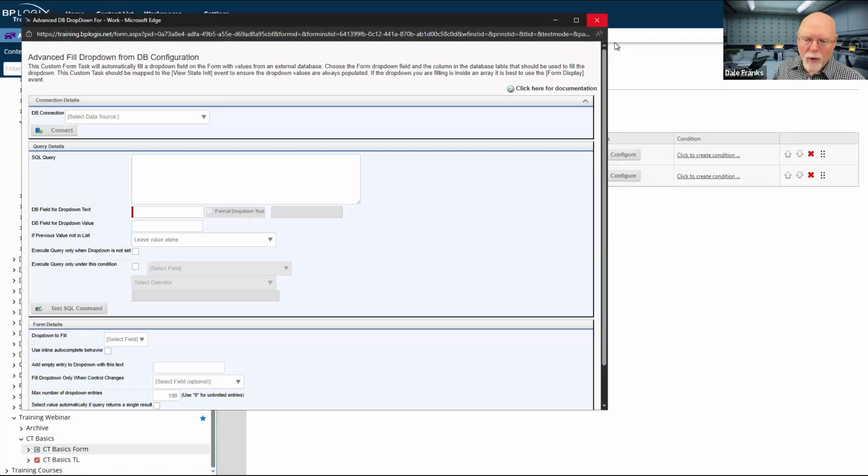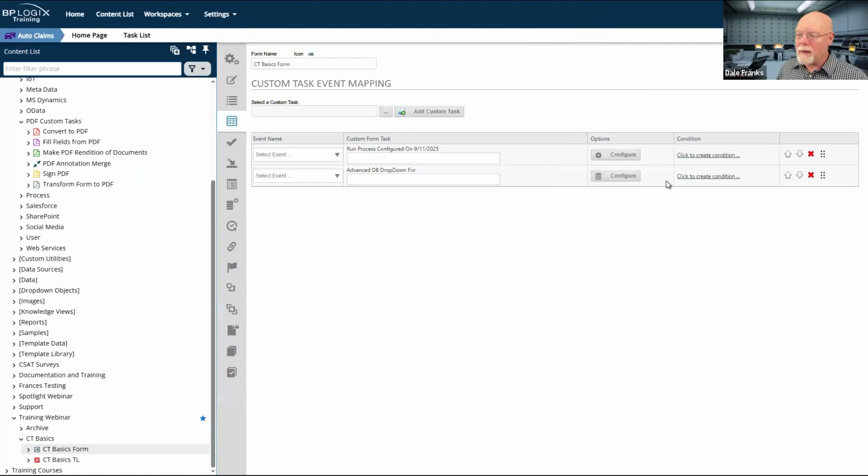Similarly, if I'm going to run any sort of SQL command, well, you know what? I can think of a good reason not to run it on the form. And that's not really a form dependency, so we'll leave that one aside. But the advanced fill dropdown, advanced fill fields, I'd probably run those from the form rather than the process timeline. It's possible I might run those from the process timeline because they will work for both, but in general, I wouldn't. In general, especially for fill dropdown, I'd probably want to run that on the form.